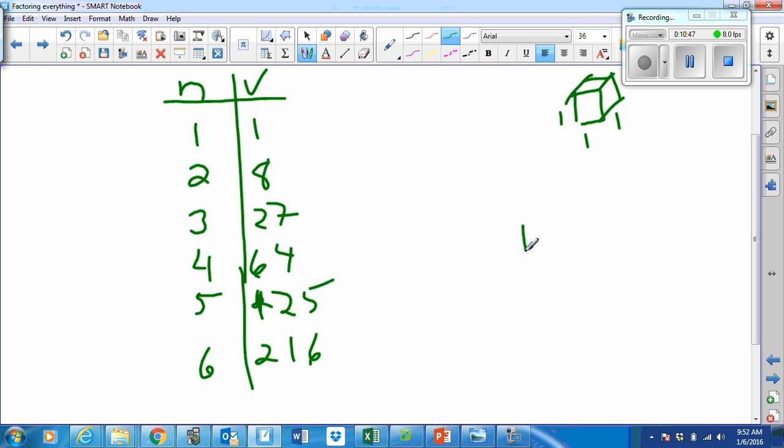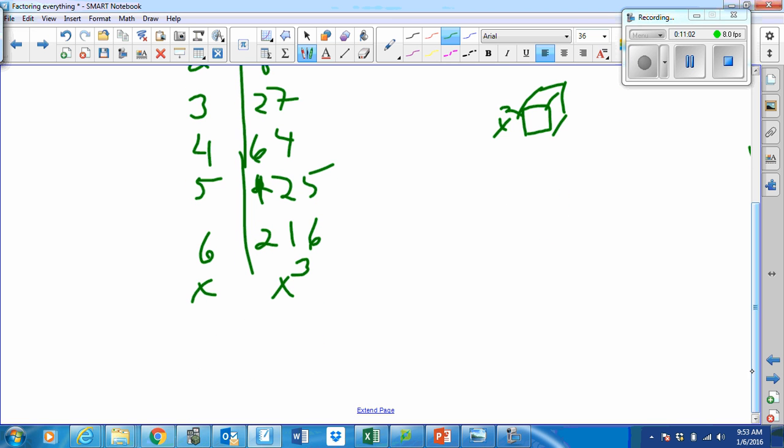Now, what about if you have a variable? And how do you know that the variable term is a perfect cube? Well, if you have x as the side length, then the volume would be x cubed. If you have x squared as a side length, you take x squared times x squared times x squared, and you get x to the 6th. If you have x cubed as a side length, you take x cubed times x cubed